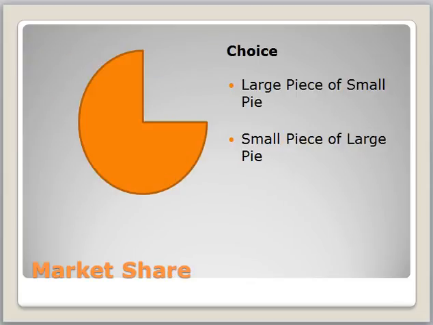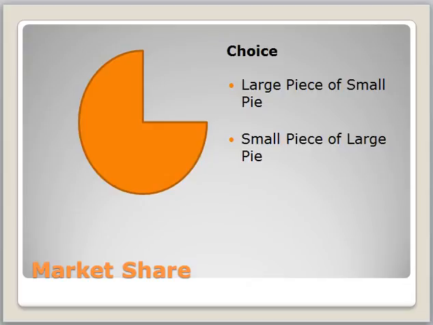Market share, very quickly. So you've got this finite number of people, and now you have to decide of those people, how do they segment down and how do you capture market share? And we talked about market penetration being getting more people within your share of the marketplace. So basically this very basic little diagram here that looks like a pie or a Pac-Man says there are two choices. There's actually more than two, but let's just keep it nice and simple. So the choices, if you imagine this is your finite number of people, you can either have a large piece of a small pie, or you can have a small piece of a large pie.